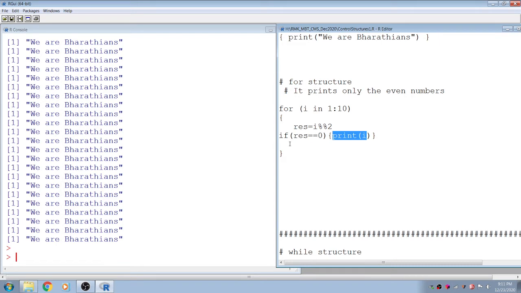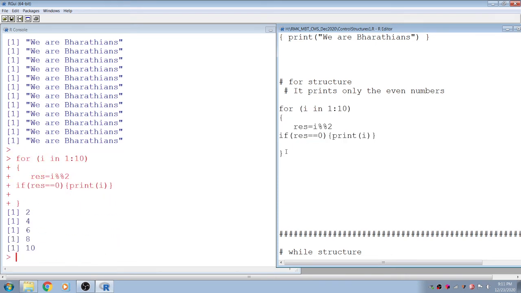So you can use the if statement separately, or if else, if else. So print i here. The even numbers will be printed. So within that for loop we are using one if statement to extract only the even numbers between 1 and 10. Run this one. You see here on the left-hand side 2, 4, 6, 8, 10. First i is equal to 1, next i is equal to 2, till i is equal to 10. Whenever the number is divisible by 2, the remainder is 0, then the computer will print the corresponding number.